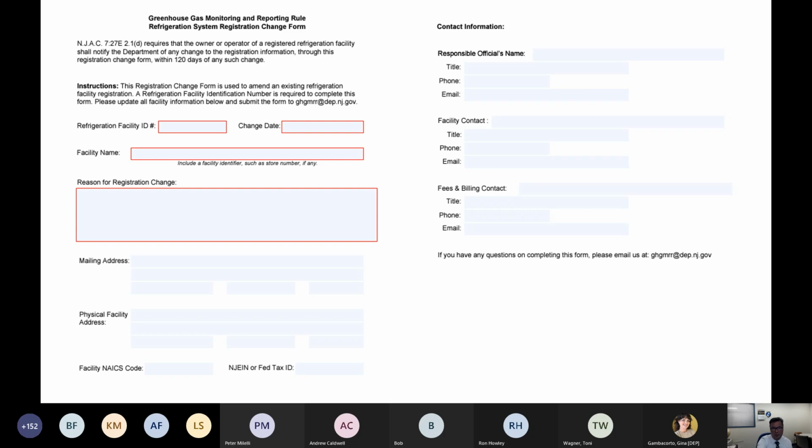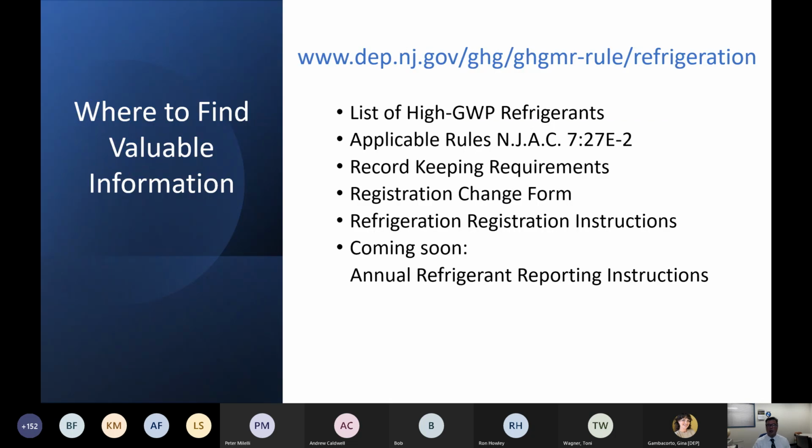And on the form, it tells you that it should go to the email address of ghgmrr at dep.nj.gov. So that's where you email that form to. And I will show you where you find all this stuff. You find all this stuff on our website. So that's